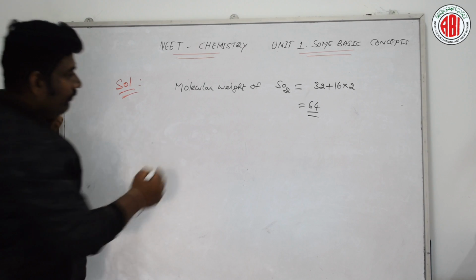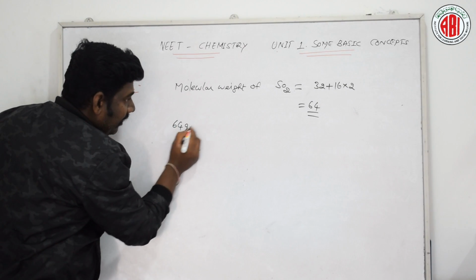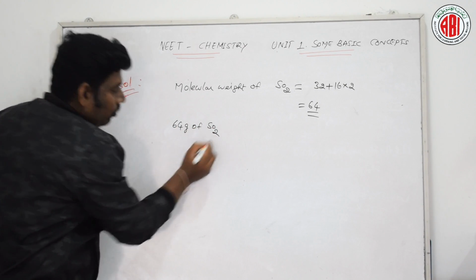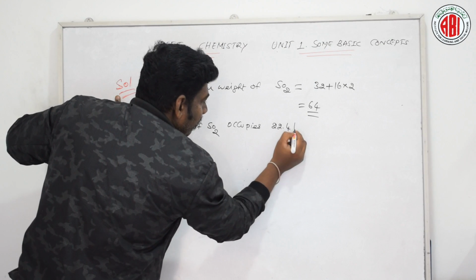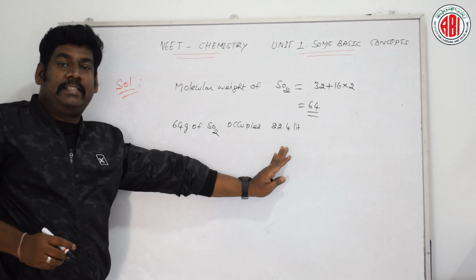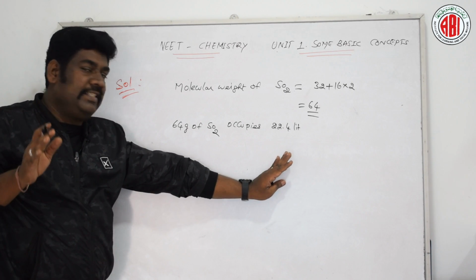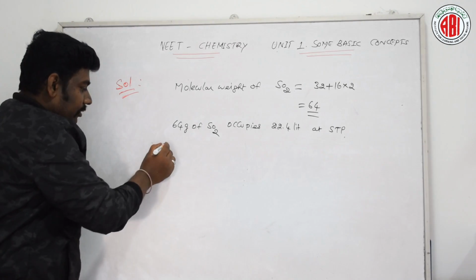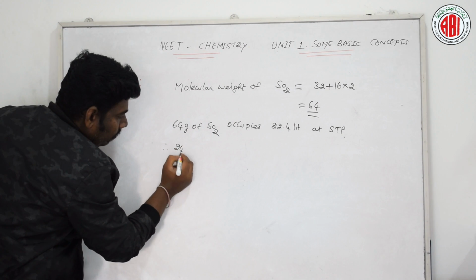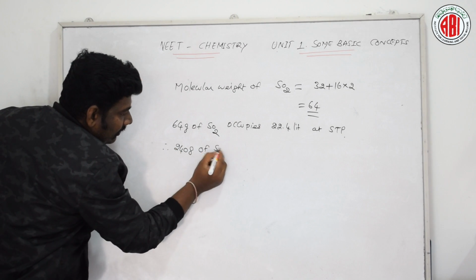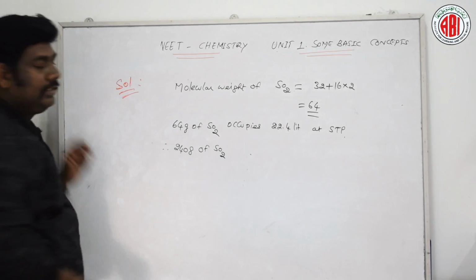Let us find out. First, 64 gram of SO2 occupies 22.4 liters of space at standard temperature and pressure. Therefore, 240 gram of sulfur dioxide, let us find out, occupies...